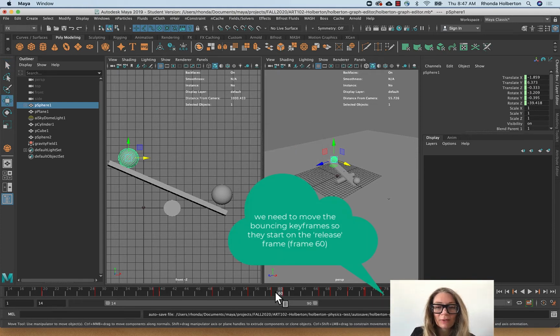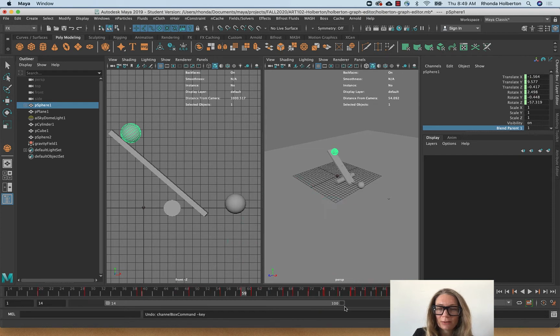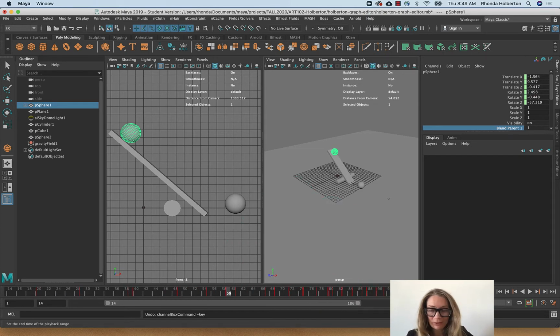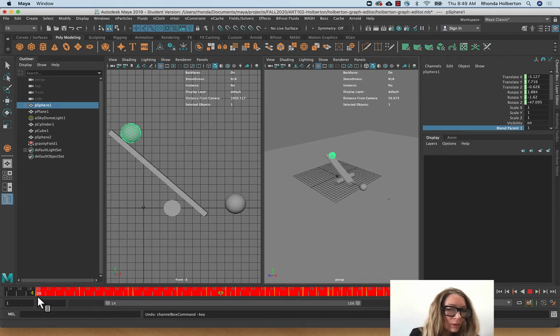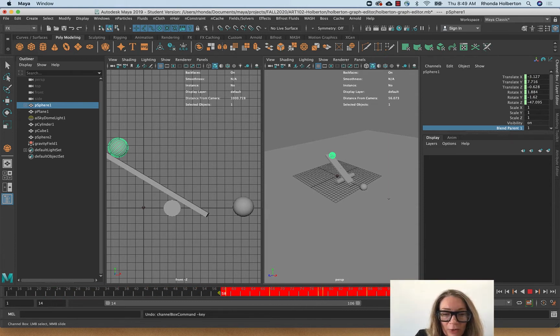What I want to do is, I'm doing this so that we can still slide all of these keyframes in the time slider without going into the dope sheet. That's primarily because I've been having some issues with the dope sheet in Maya. You could do this in the dope sheet too, but I'm going to use the slider. If I had those keyframes in there, it would slide the parenting keyframes with this, and I don't want that to happen. So I'm going to start my bounce animation on frame 60,